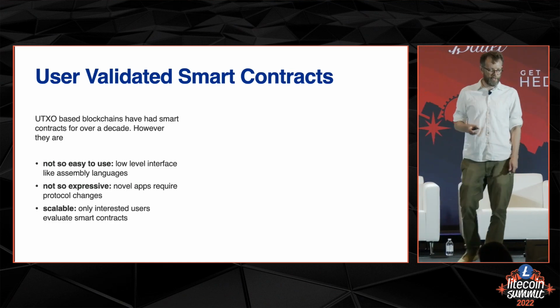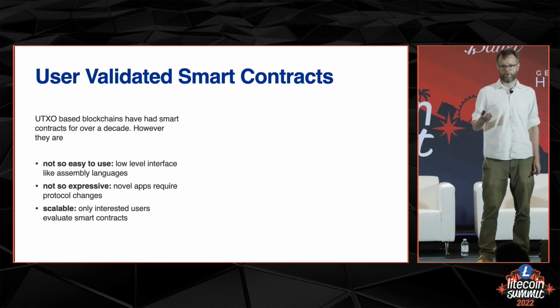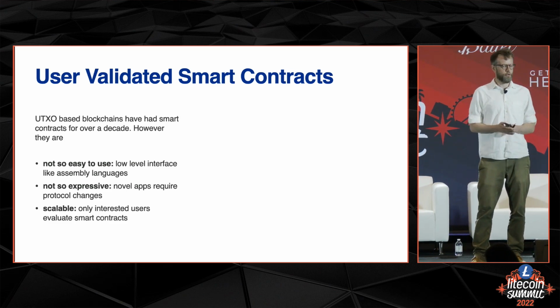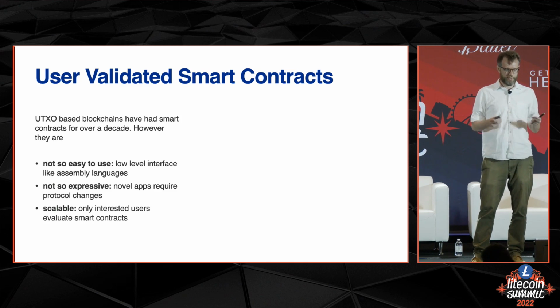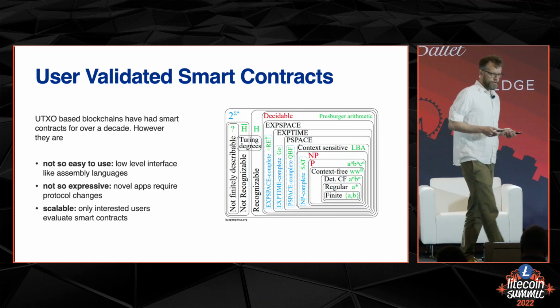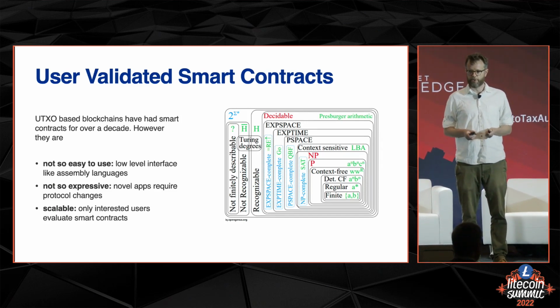But they do have one big advantage, and that's their scalability, right? In particular, if you use a colored coins protocol, you're not putting any load on the miners. So miners don't have to run additional code, and you're not putting any load on the other users. So that makes them very, very cheap to run at scale, okay? And so, this was a somewhat subjective classification of smart contract systems, but there are also much more objective ways to look